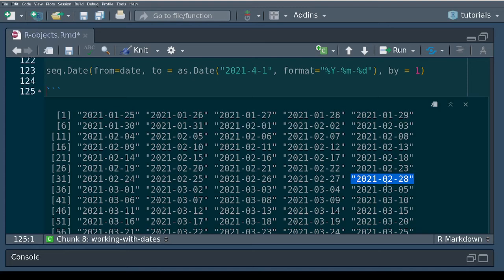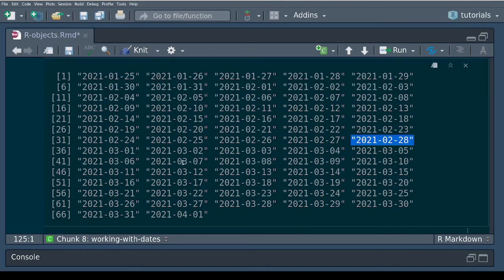So from that look itself, you can see that R is epoch aware. It knows we count 1 to 31 for January, 1 to 28 for February, then 1 to